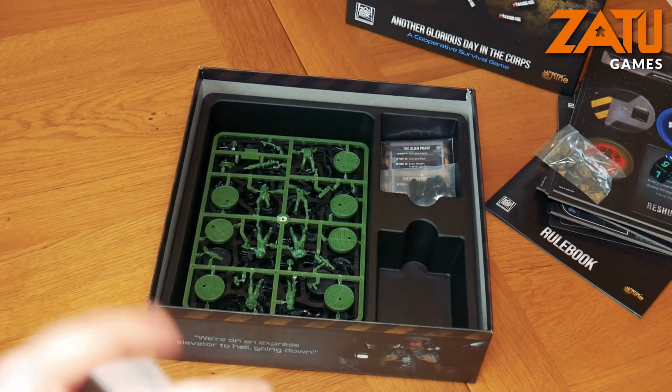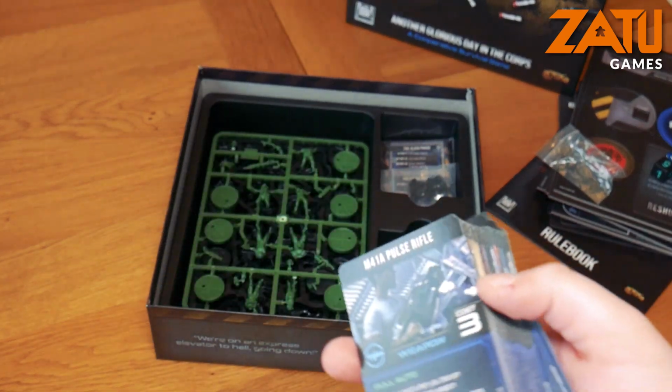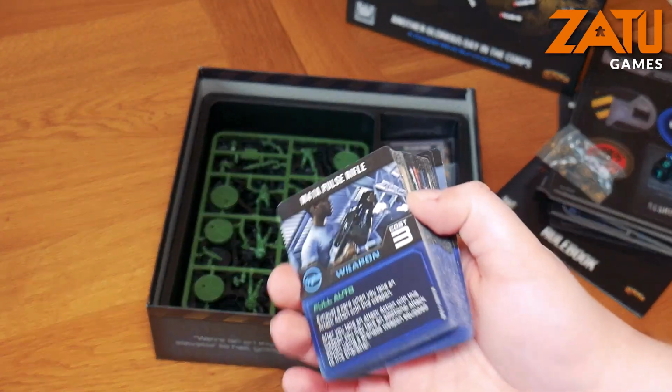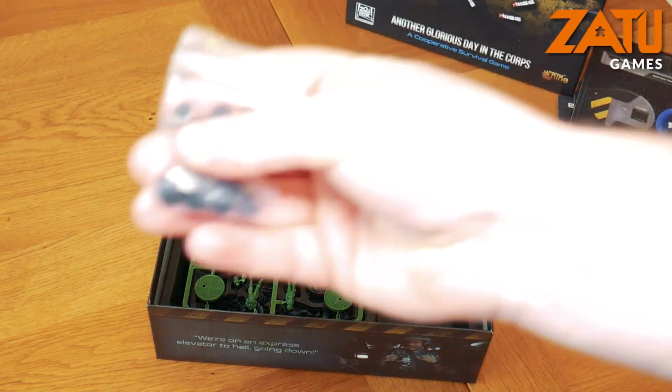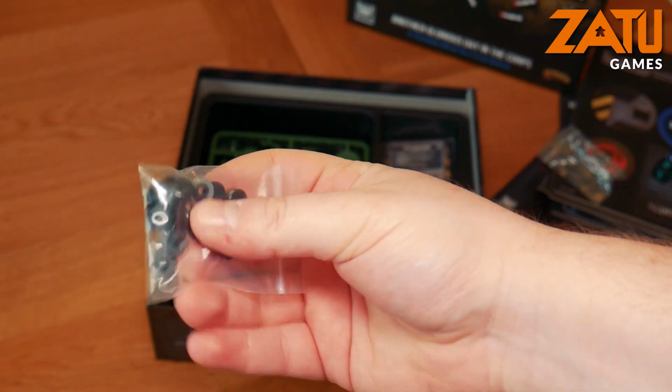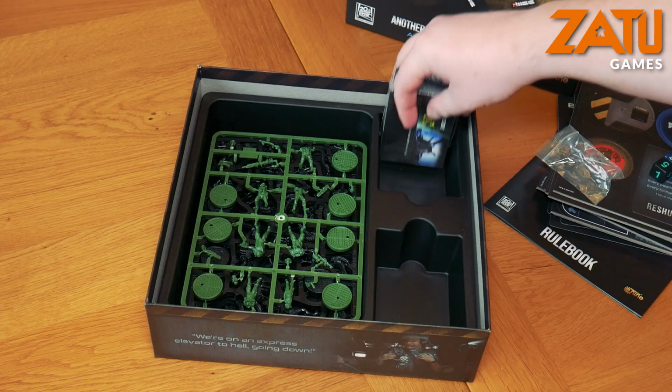There we are. Right. So that's your endurance deck. That's what you're going to be using to battle your way through whatever terrain or environment you're playing in. You then have just a bag of, these are for the dials, they're just little pins that go in and allow you to turn the dials. You then have,